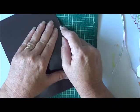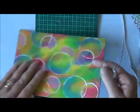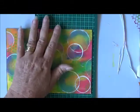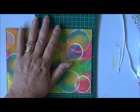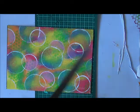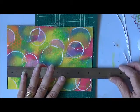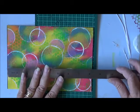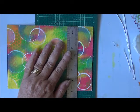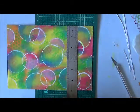Okay. Alright, I got that cut off. Now I am going to get my metal ruler, and I'm just thinking of how many I want to cut out of here. So that's about 8.2 and nearly 6. So I'm thinking if I just mark it